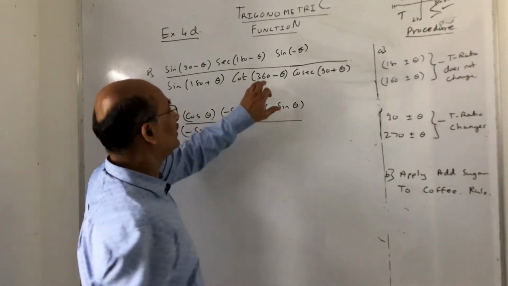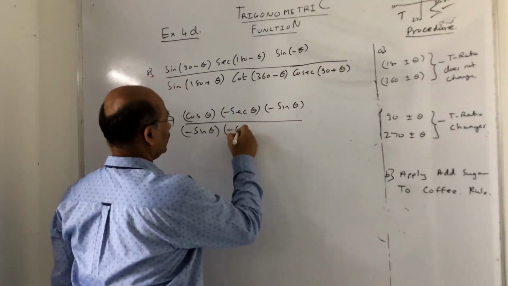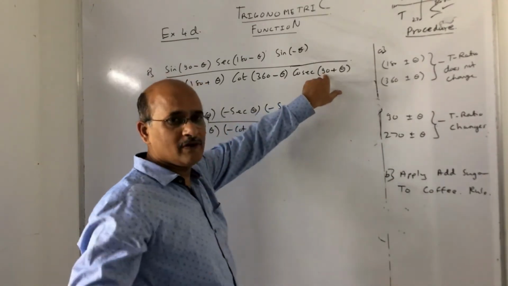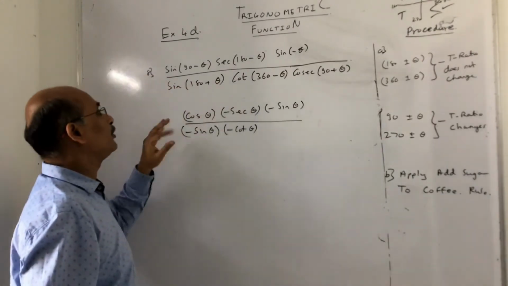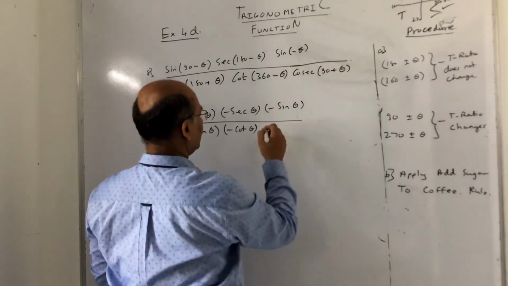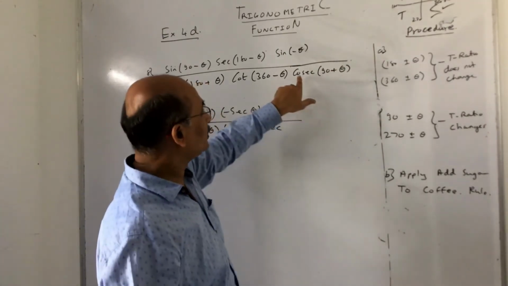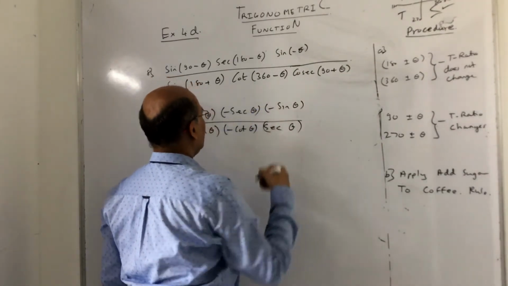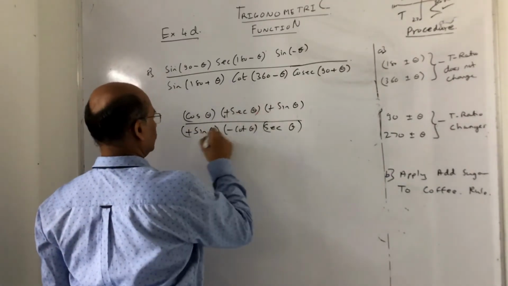Cot of 360 minus theta. Cot is negative in the fourth quadrant, 360 minus theta, so minus cot theta. And here be careful. Whenever it is 90 or 270 the ratio changes. So cosec will change to sec. Why did we not change till now? Because in most of the cases we were dealing with 180 plus or minus theta. So cosec of 90 plus theta is sec. Now hold your breath. 90 plus theta is second quadrant and cosec is positive, so negative, positive. So sec theta. Now you can simplify whatever you could, minus, minus, plus, out.